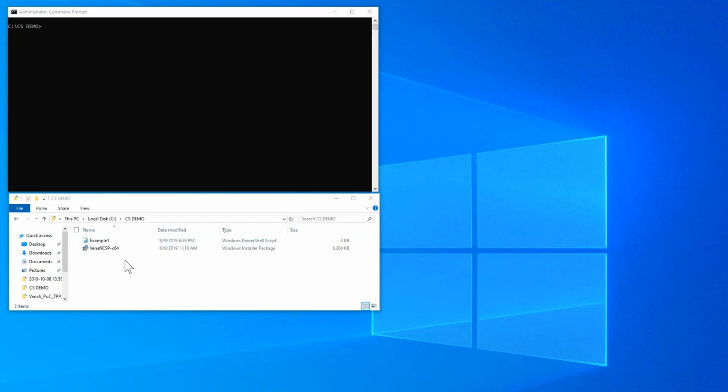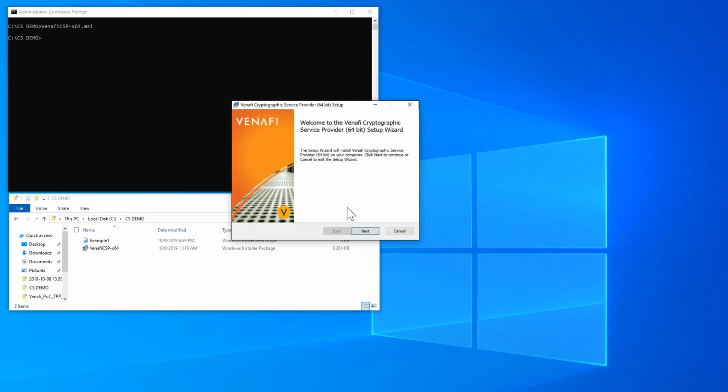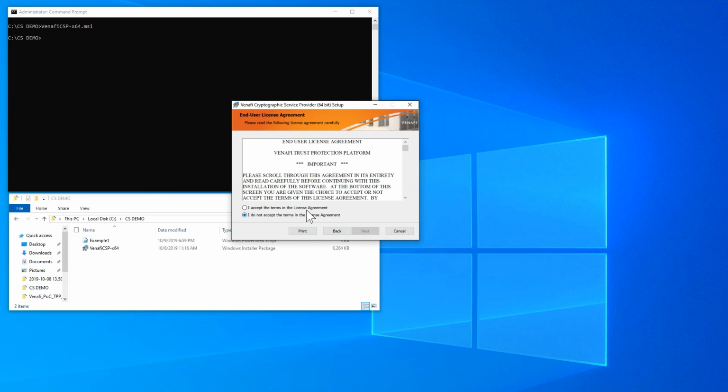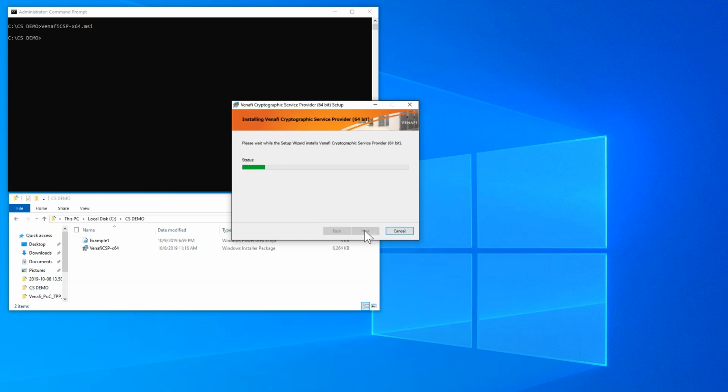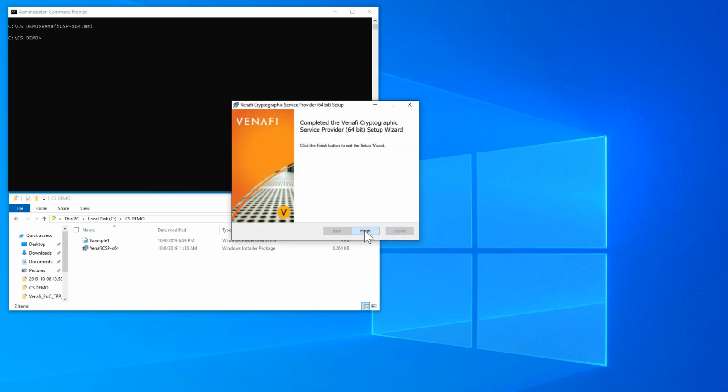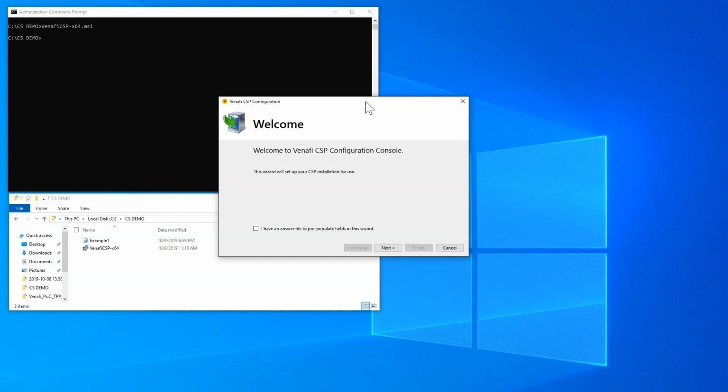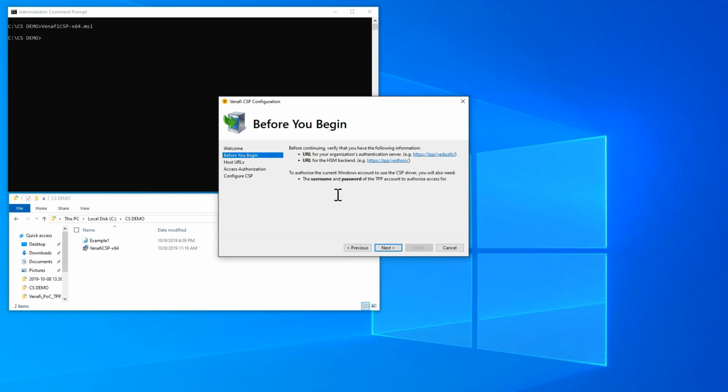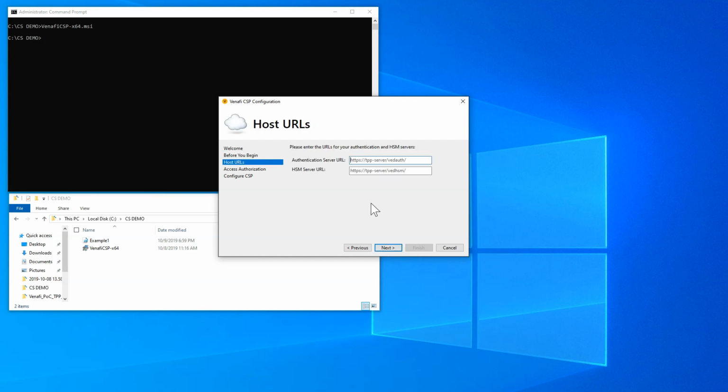I'm on the developer workstation. I'm going to install Venafi CSP. So take note that I do it from an administrator command prompt. The process is fairly straightforward. The next thing that you see is a wizard that will allow me to identify a Venafi server and credentials that I'm going to use. So my Venafi server, it's